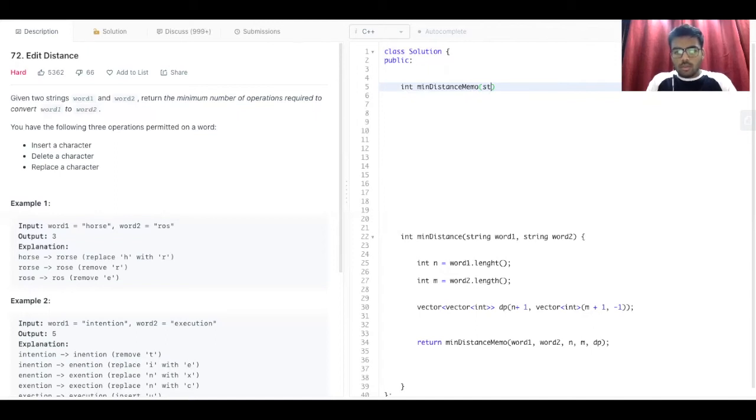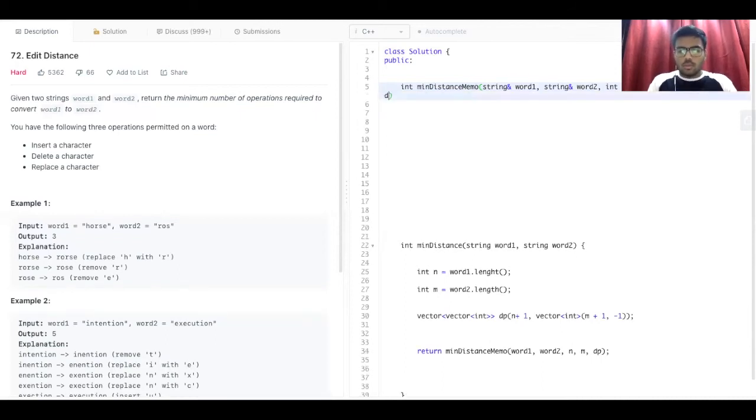In that we'll take string word1, string word2, int n, int m, and then we'll also take a vector of int dp.